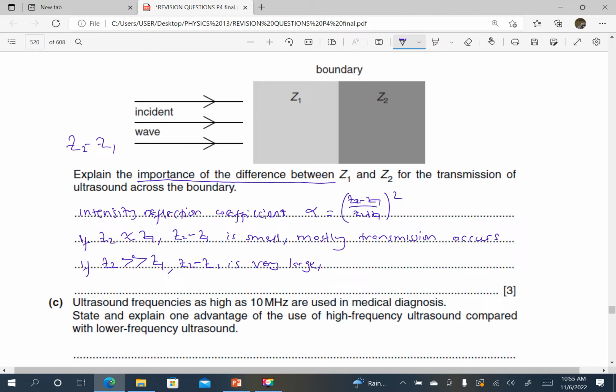And if that is true, it means the ratio is approximately equal to 1. It means almost what is incident on the boundary is reflected. So we say mostly reflection